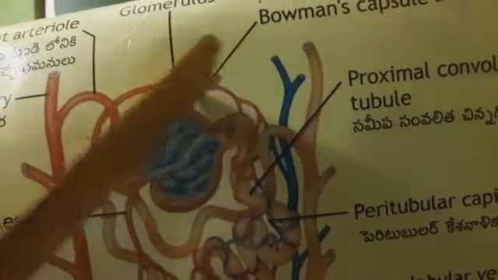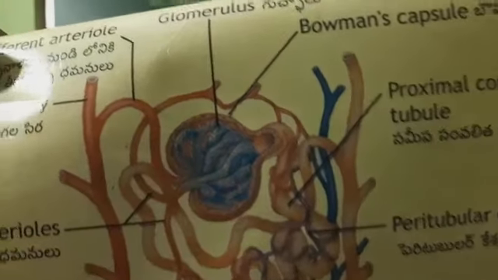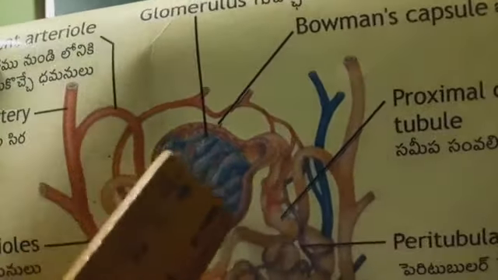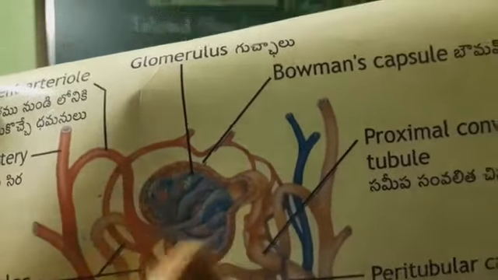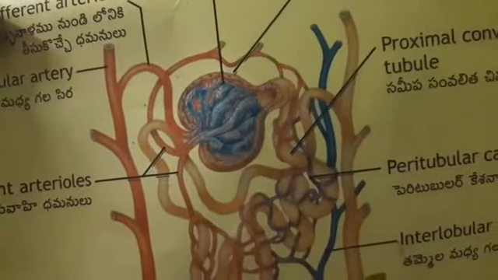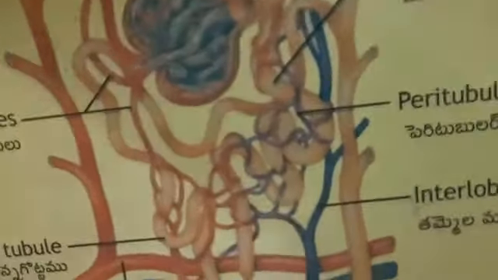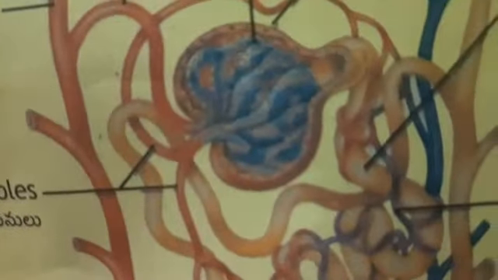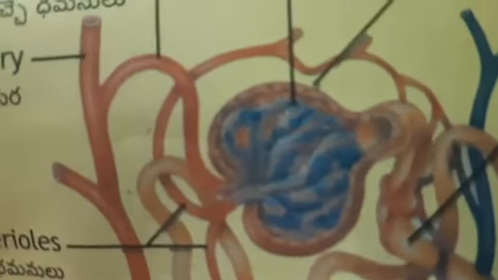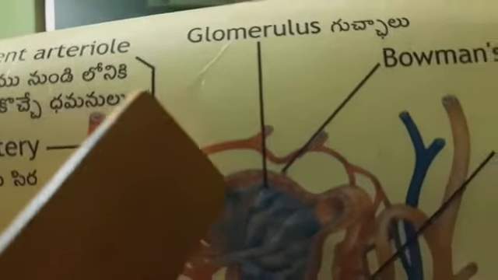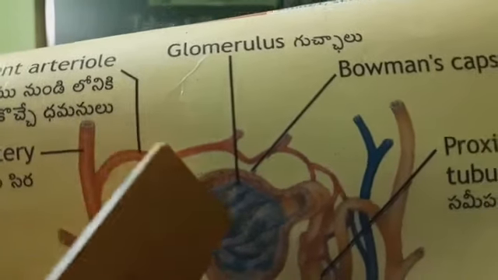So this is the Bowman's capsule. Okay, so this Bowman's capsule, how do you see it? When we remove the outer layer, you can see that there are many tubules. Okay, many tube-like structures, just like a mesh. How we have a mesh in a tea filter, like that. It is a mesh-like structure. Can you all see? So this mesh-like structure is what is called the Bowman's capsule. Okay, this is the Bowman's capsule. The thing that is nothing but the filter, that is nothing but the mesh of blood capillaries.